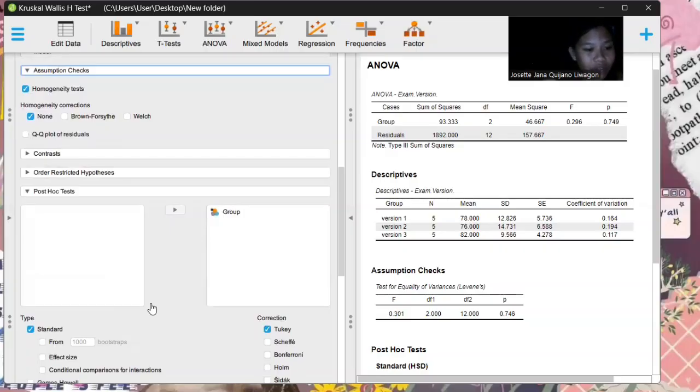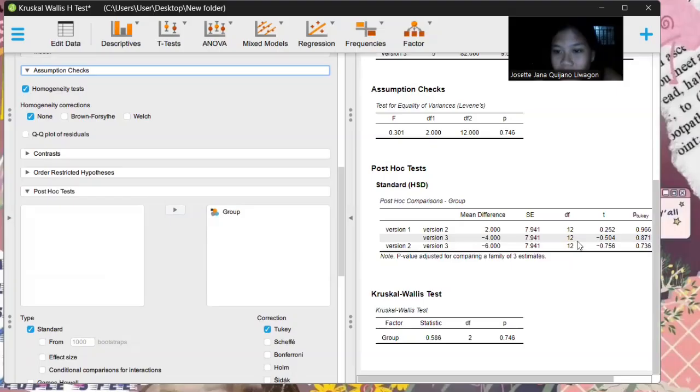And now using the given data, we can now make a decision that the test statistic Kruskal-Wallis, which is roughly 0.586. Ito, makita nyo man sa statistic, it's 0.586. Indicates difference between the groups being compared. Moreover, it turns out that the differences in difficulty is not statistically significant. The value of P, which is